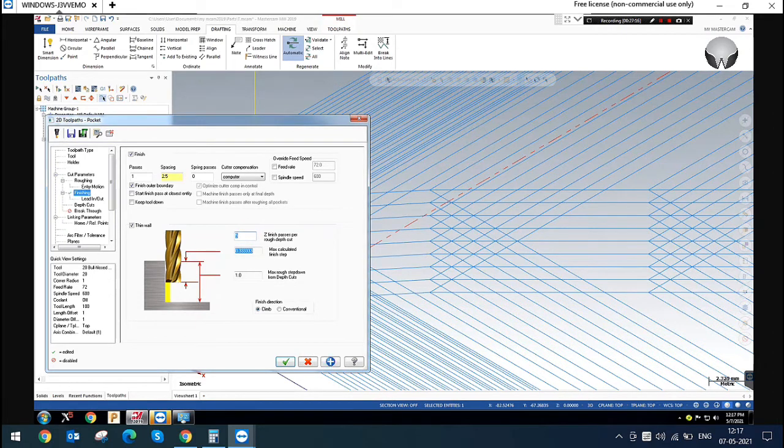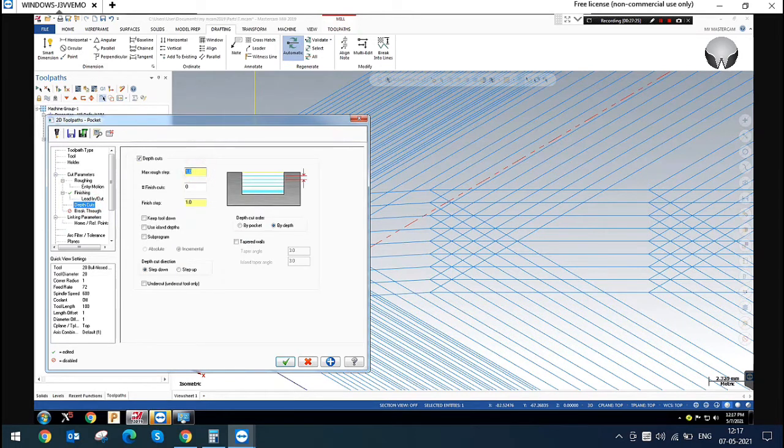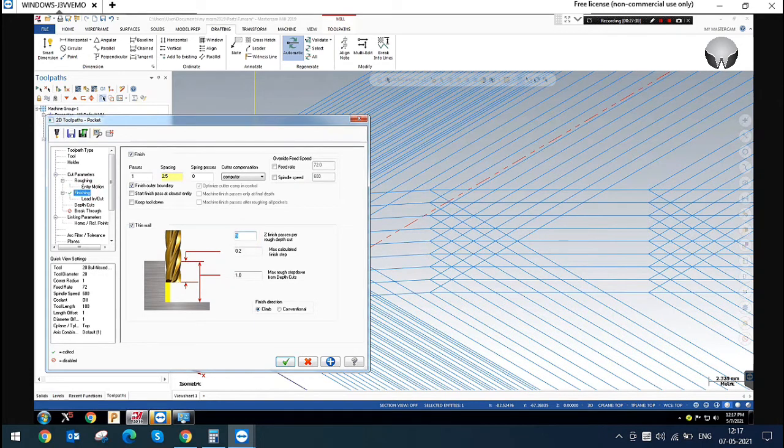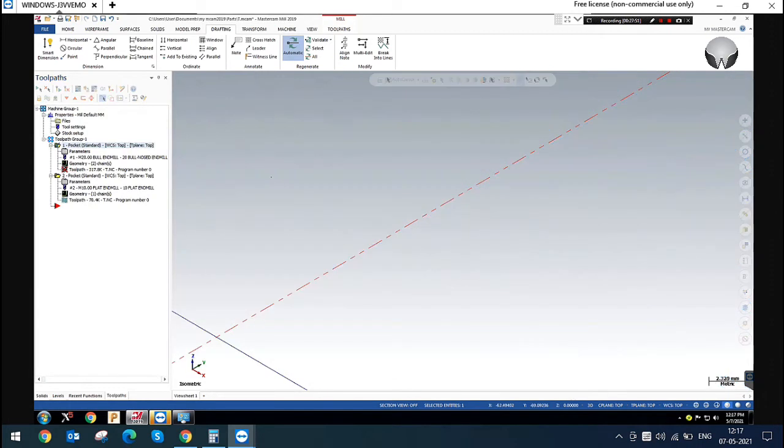Our depth of cut is 1 mm, right? I am defining my finishing thin wall as the rough depth of cut divided by 5. 1 divided by 5 is 0.2. That's why it is created. My maximum rough step down from the depth of cut is 1 mm. Climb direction, conventional direction, up milling, down milling, you can give here. Now it will go with 0.2 cuts.